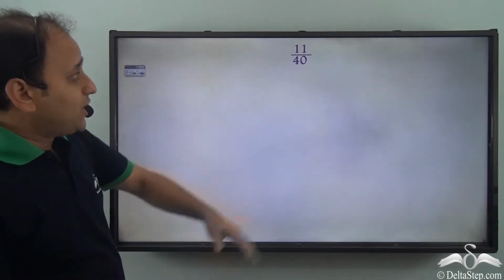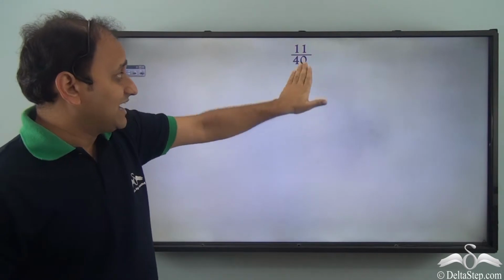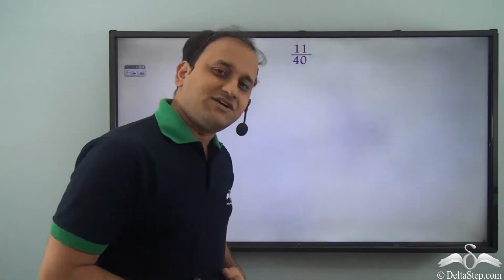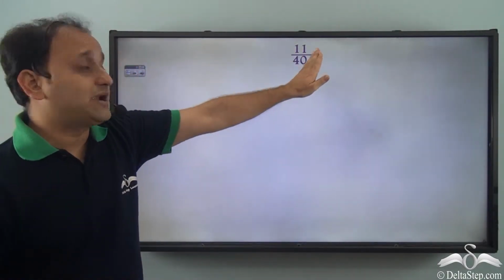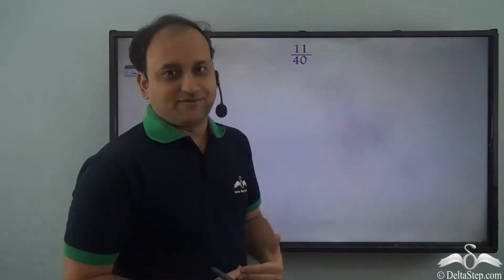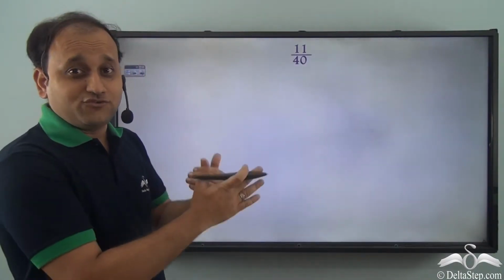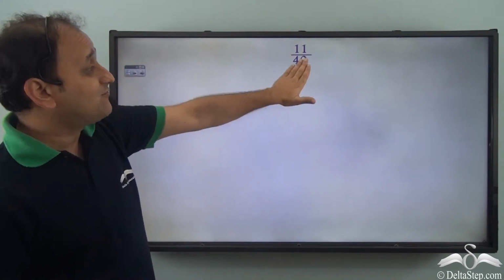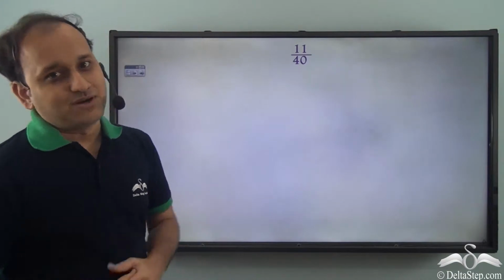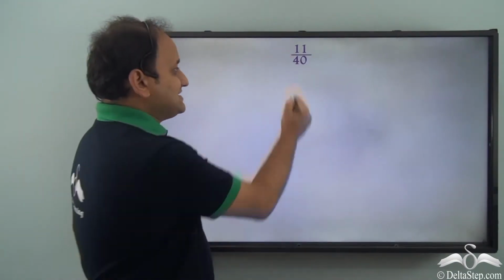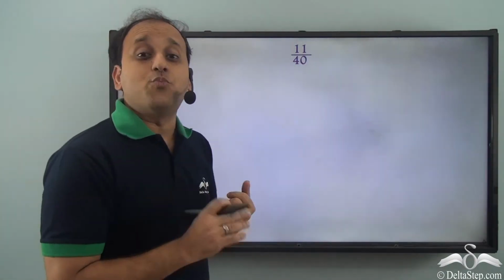So now can you calculate the percentage value when we have this fraction 11 by 40? Can we convert this fraction into percentage? What will we do? So we'll have to find a number which when multiplied by 40 gives us 100. Well, it won't be as simple as it was with 20. So 20 into 5 is 100. But in case of 40, it's not a factor of 100. So it will be a decimal value. Well, in this case, we'll have to multiply the numerator and denominator with 2.5.